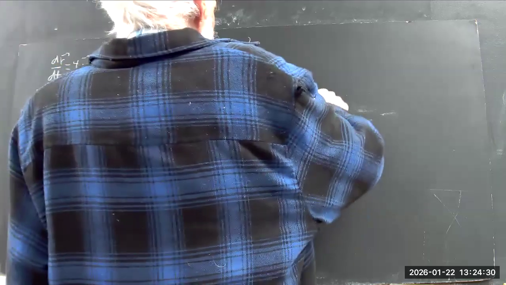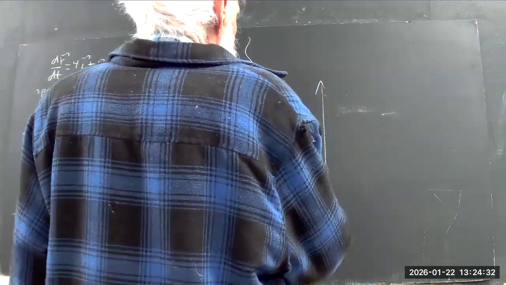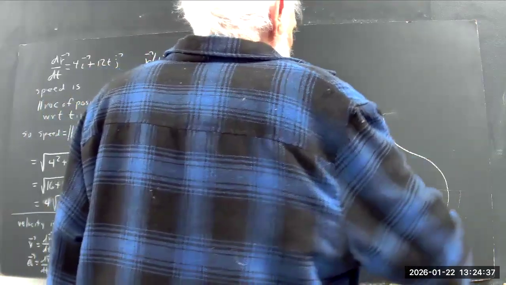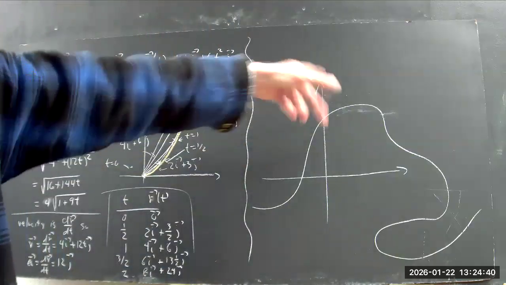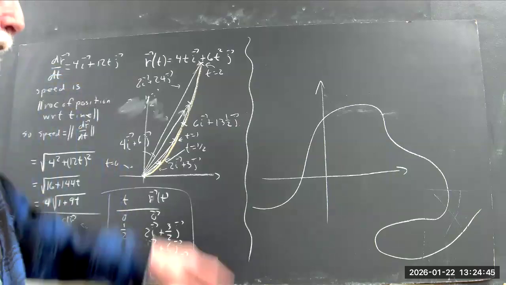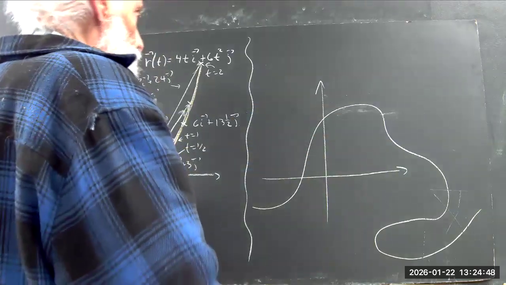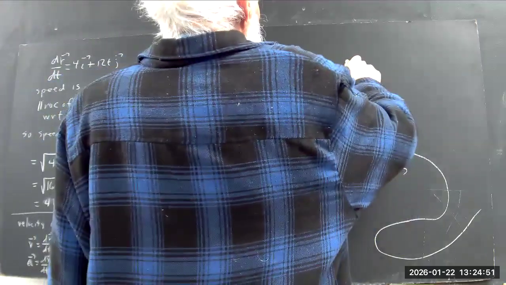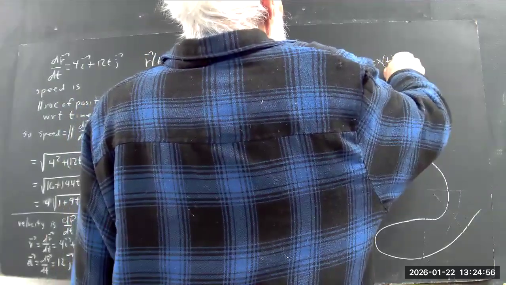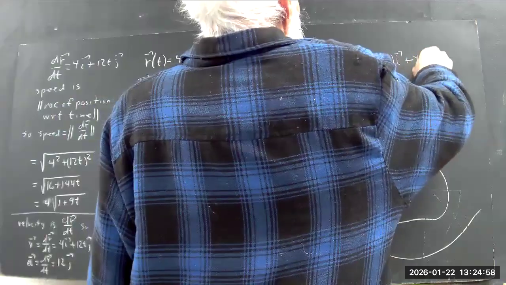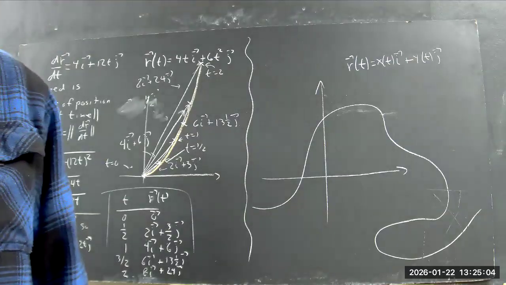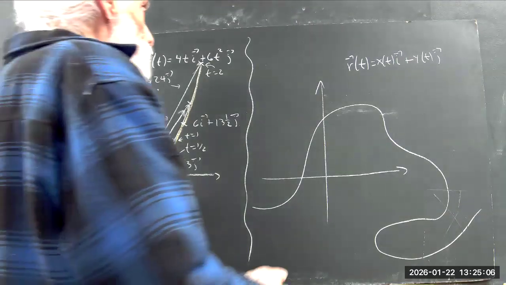So now we have a picture of some sort of path in space. It doesn't have to be a function, you know, things move forward and backward in both directions, right? Let's just say that's some sort of path that's defined by some function R of t equal x of t i plus y of t j. Then